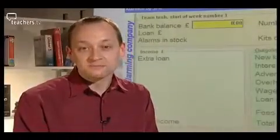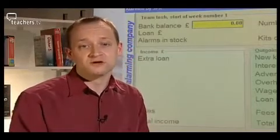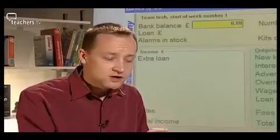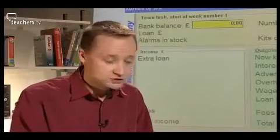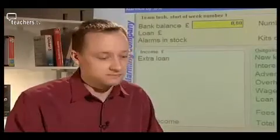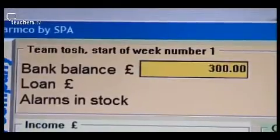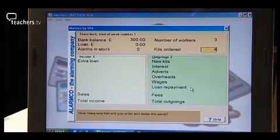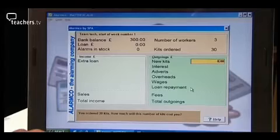With Alarmco, you are completing a weekly budget sheet for an alarm selling company. You have complete control over employees' wages and the entire budget. Now, the programme doesn't calculate any of the values for you. You have to do this yourself using the information provided on the business information sheet. Now, I'm running it in its easy mode here just to show you, and we start with £300. I'm not going to take out any loan. I haven't got any alarms in stock either because I'm just starting out, but I'm going to order 30 new alarm kits. And here I've worked it out as